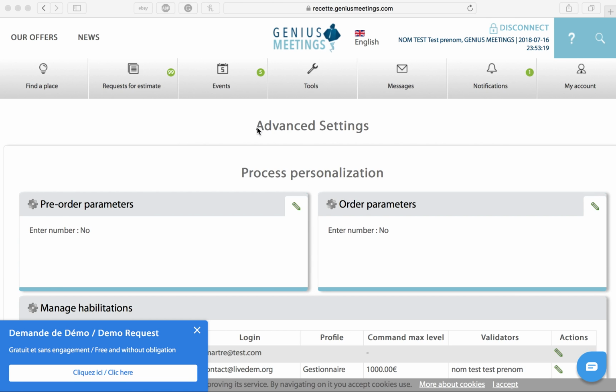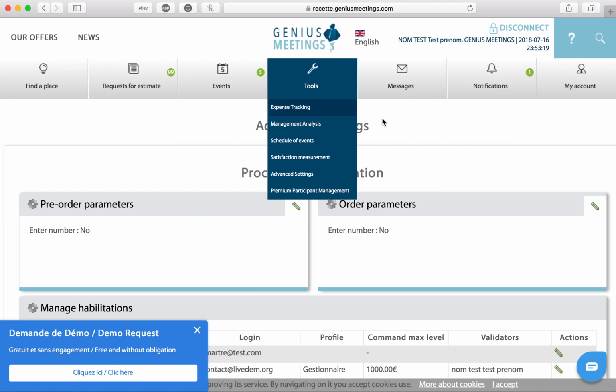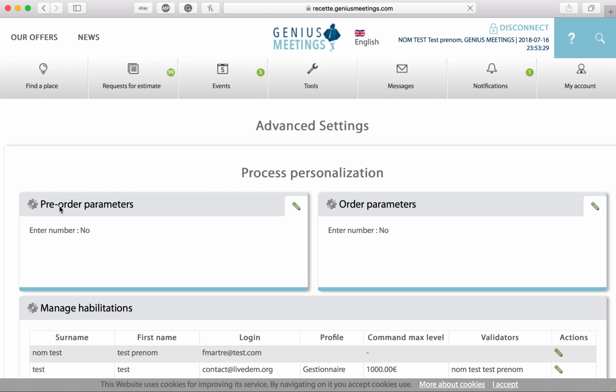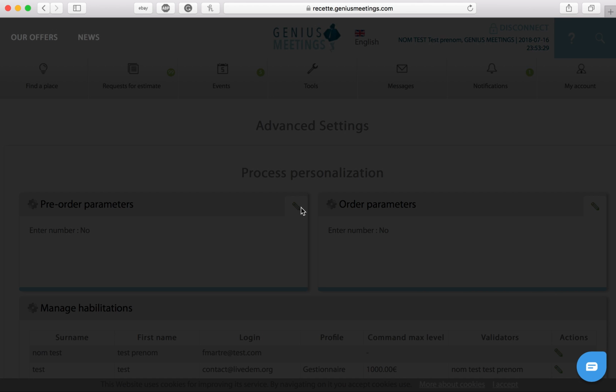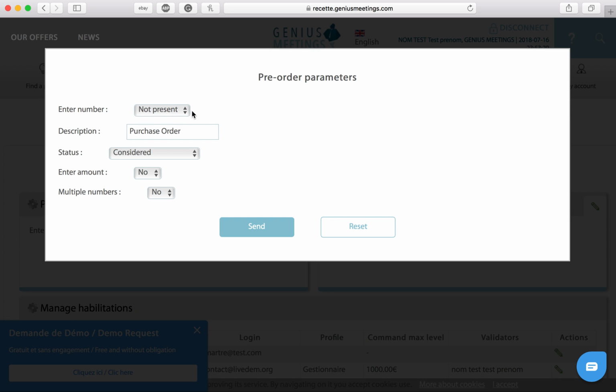In this example, we're going over the advanced settings and the process personalization. In order to access this section, you head over to Tools and to Advanced Settings. And over here are the pre-order parameters, which has you enter a number, and over here you can make some